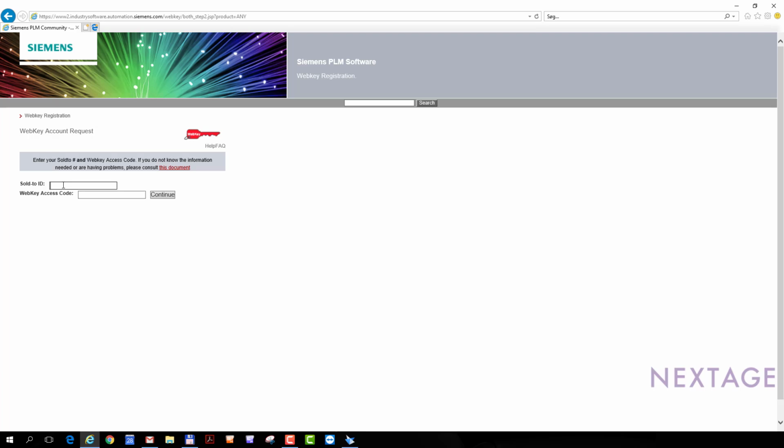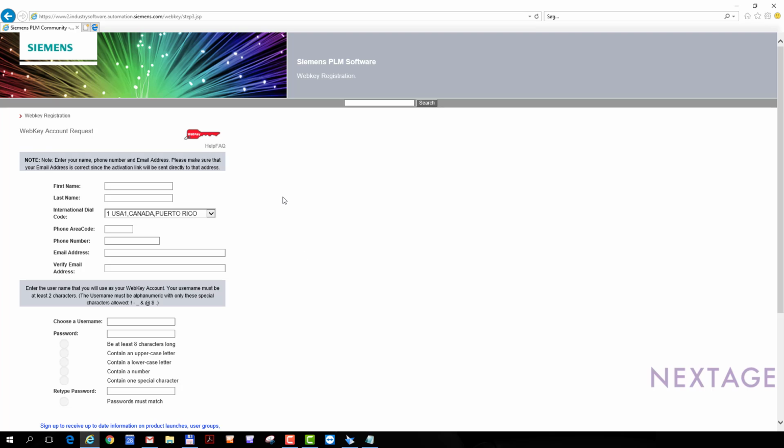Type in your SOL2 and your webkey access code and press continue. Once you have typed in your SOL2 ID and your web access code, you need to fill out this form. I'll type in my name,